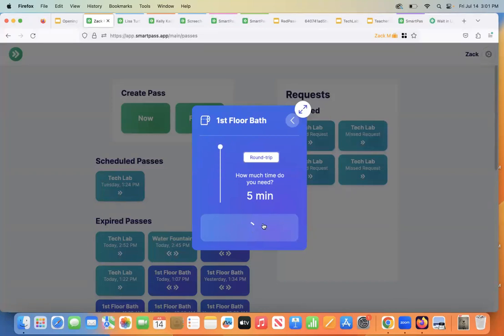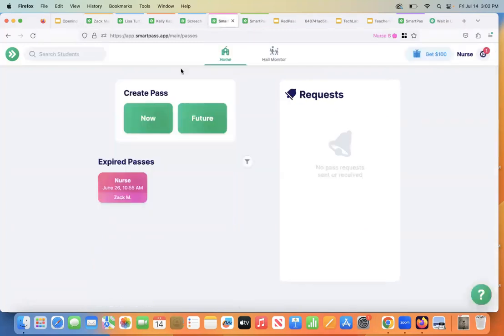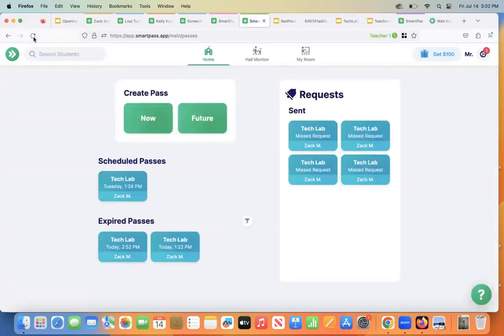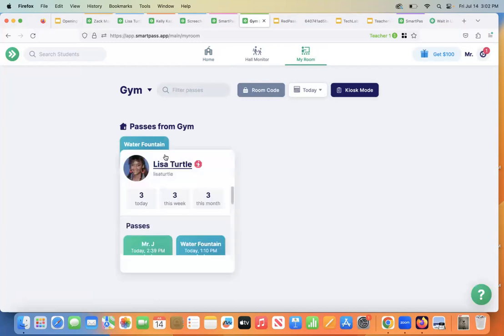Then I'm going to start the pass. Right here, it's going to start counting down how much time the student has left in their pass. If the student has their own device, they may just flip that over and let the teacher see before they're exiting the classroom, and the countdown begins for that student. But let me show you what a teacher is going to be able to see. So I'm going to come over here to a teacher. Let me come right here to this one. I'm going to refresh this, and I'm going to go to my room. The teacher sees in real time where that student is,